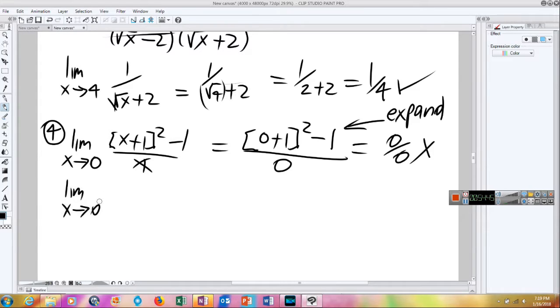Limit x tends to 0 for the function (x plus 1) squared minus 1 over x. We're going to expand the numerator. And how we're going to do this is that we're going to say